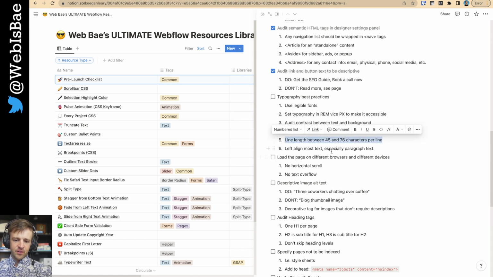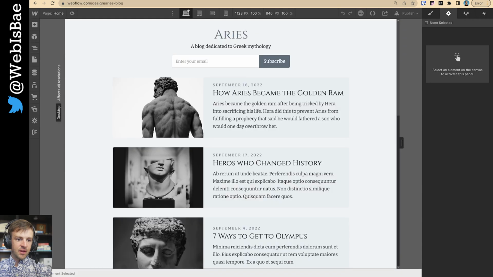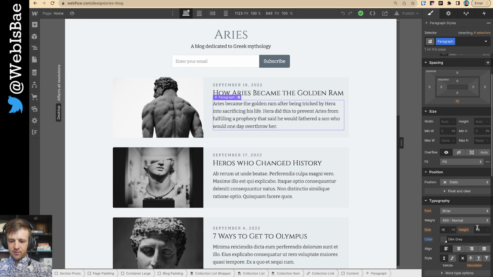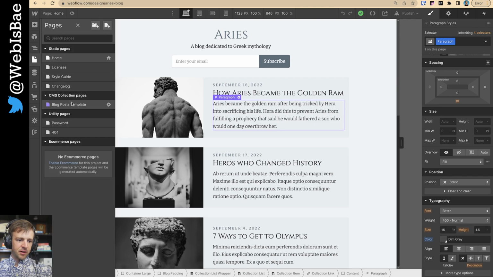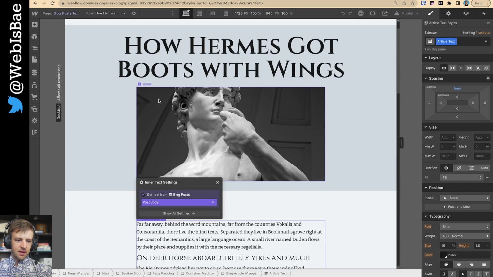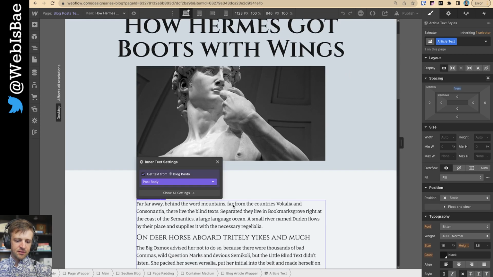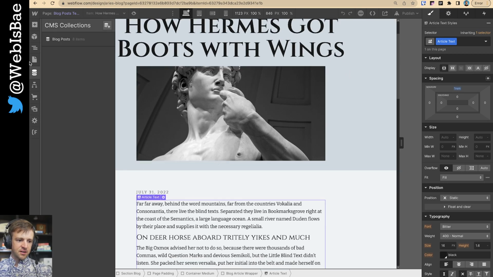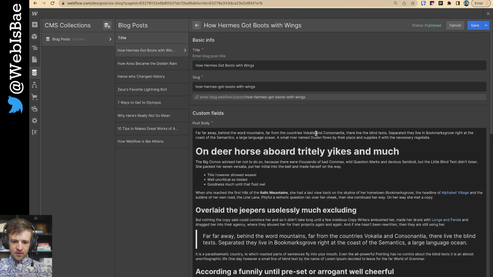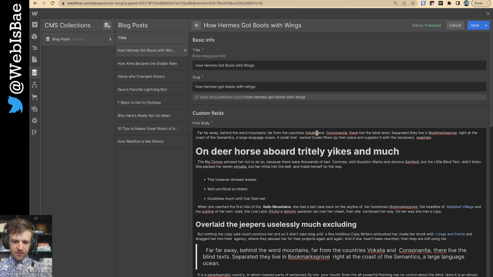Line length, this is more of a designer thing. But I'll just see. So this is my text, line height 1.6. Line length, this is going to be pretty short, which is fine because it's a card element. But if we go to the blog post where people are reading really long form content, I can't select the text here because it's from the CMS and it's rich text. But if I go to the CMS into blog posts and I know that the first line ends here,